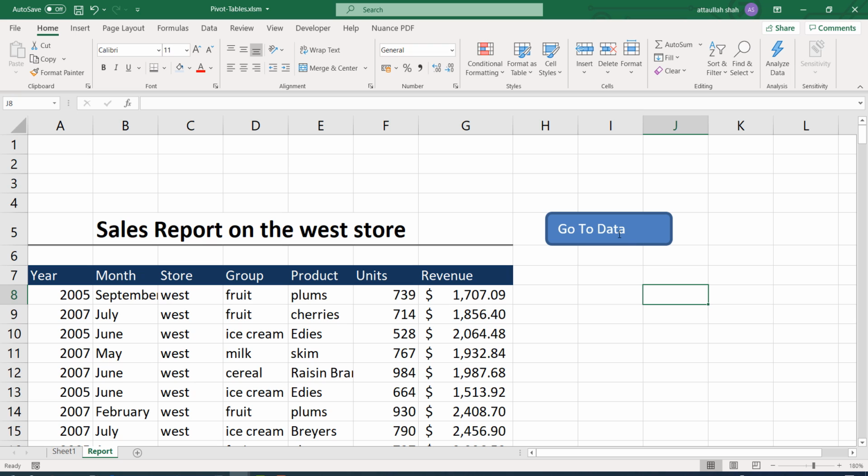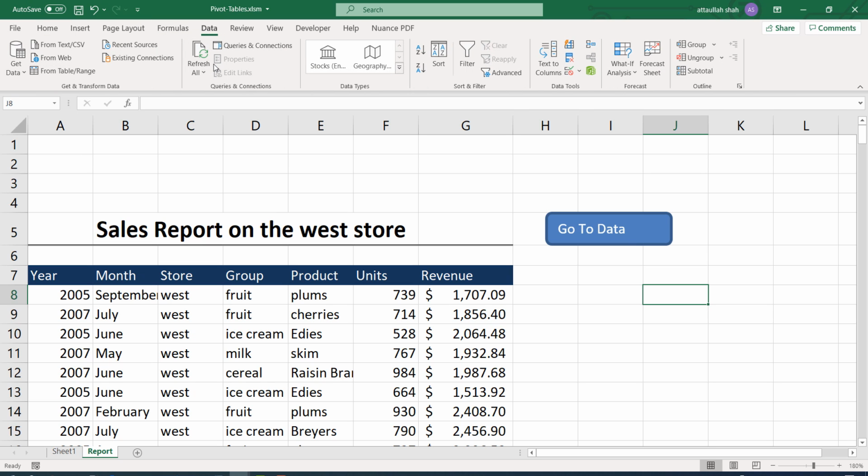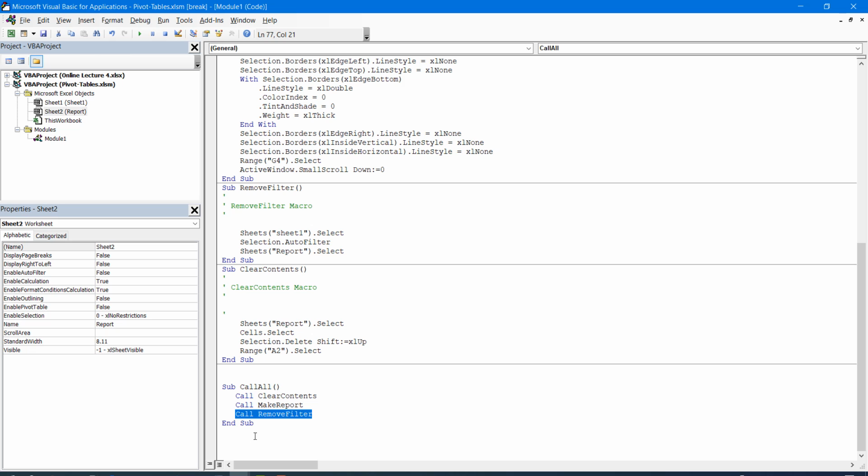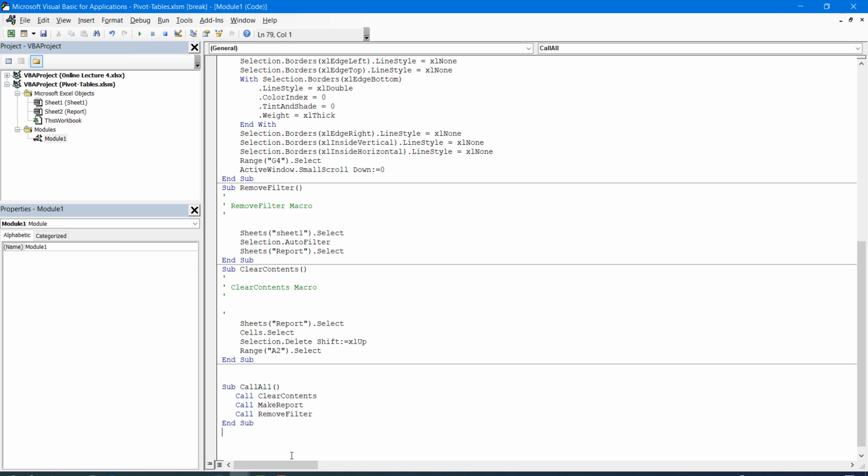Since we don't have the macro as yet, I'm going to create a one-liner code in the macro: developer tab, Visual Basic, and adding a macro. Let's call it sub